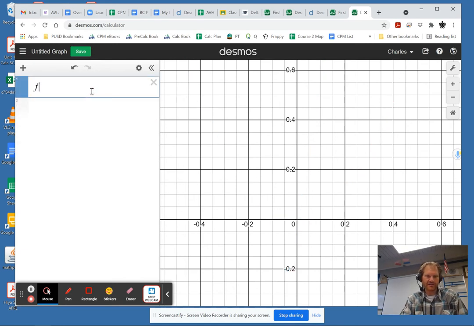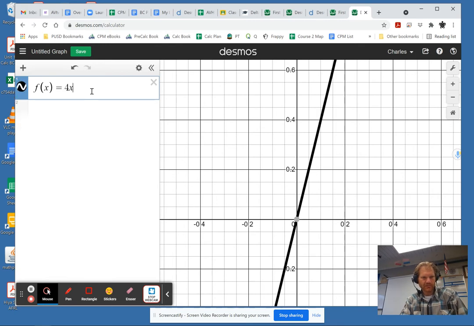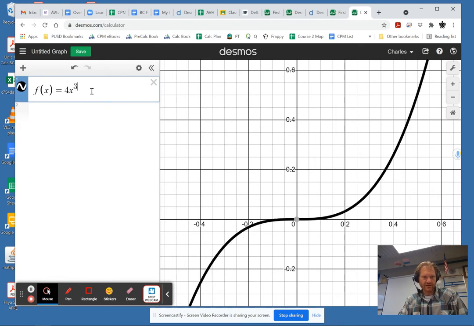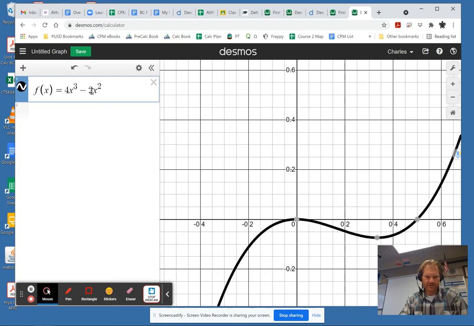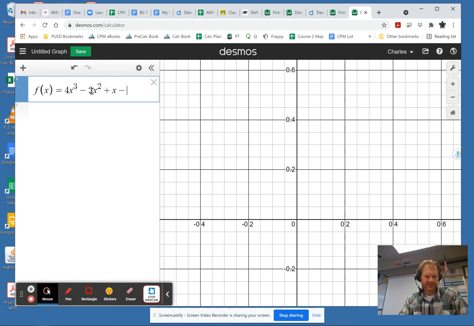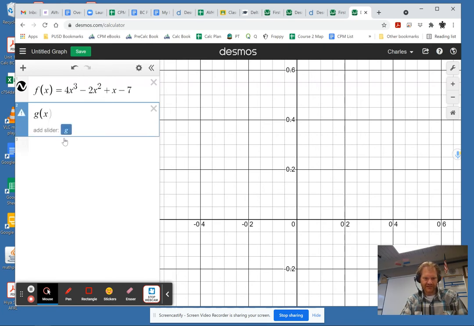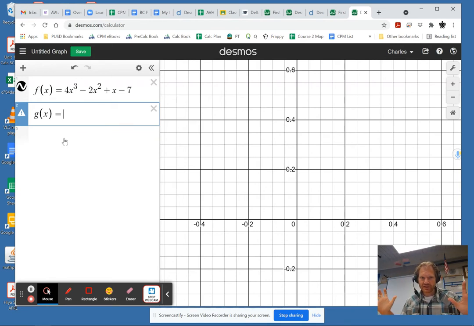So what if I said f of x is equal to 4x to the third minus 2x squared plus x minus 7? You could think to yourself, and now it doesn't really matter what the graph looks like. What I'm trying to show you is how you apply this power rule. G of x is going to equal, and this is the derivative. This is legal now that we use it. You don't have to do all that plus h business that just wastes your time, because you can bring the